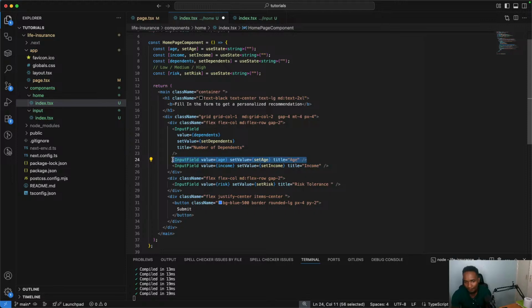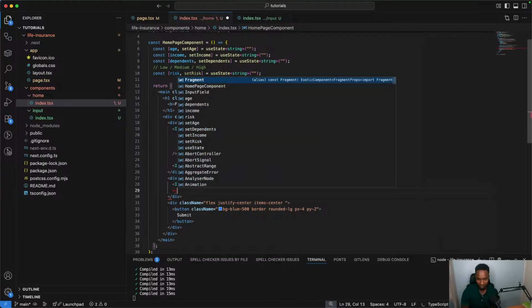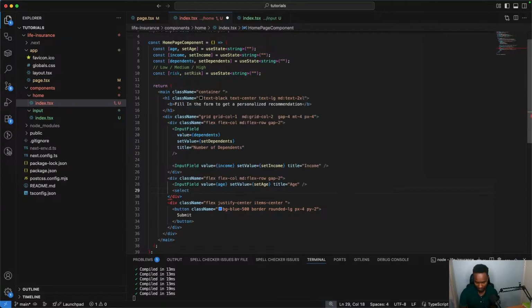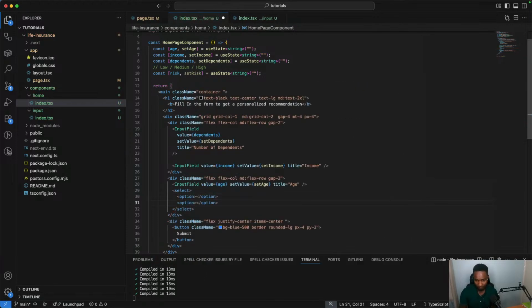Then age, you're gonna bring it. Yeah. So one of the things I think we'll have to change is this input, because it's gonna be a select statement. Then from there, I'm gonna continue. So for this, I'm gonna switch to select, then options. So the first one is low, medium, and then we have